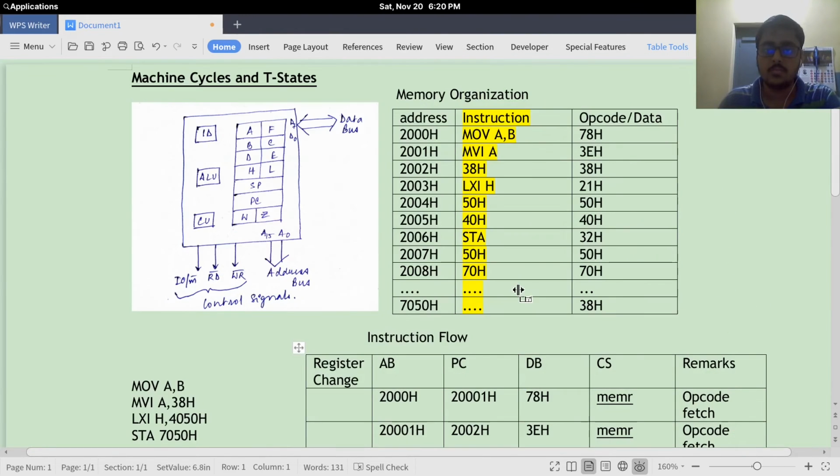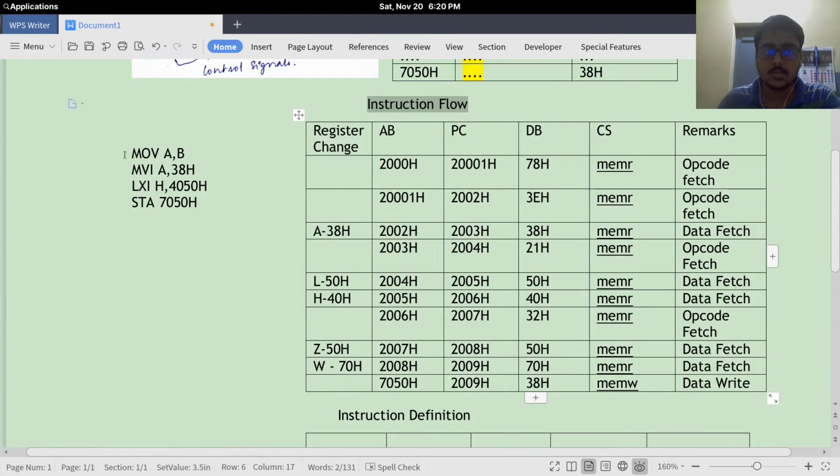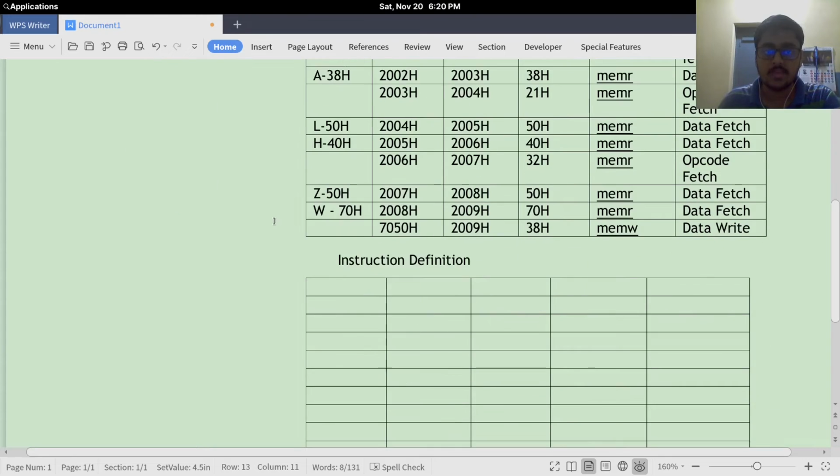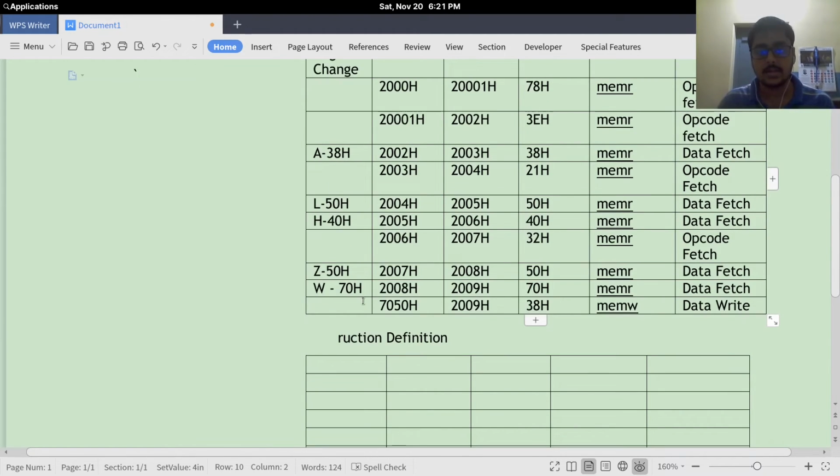So before, we have seen the memory organization, then the instruction flow. Now using these instructions in the 8085 assembly program, we are going to define the instructions using the number of machine cycles or the T states that they contain. So this is a table which is instruction definition.